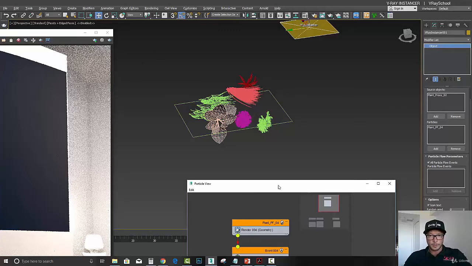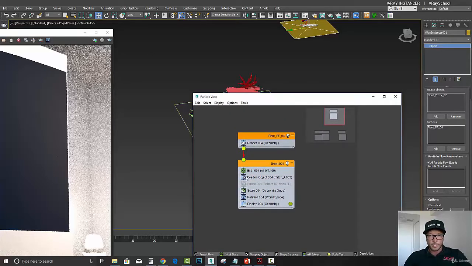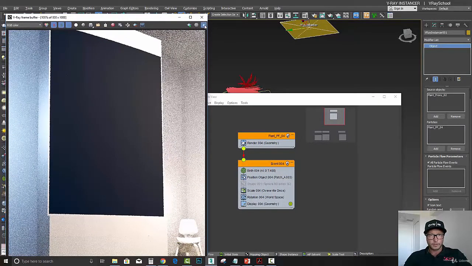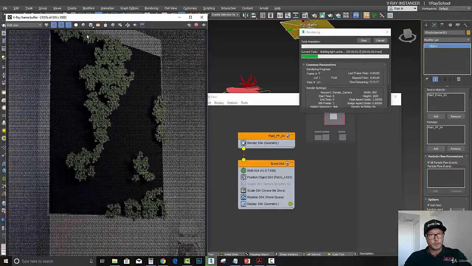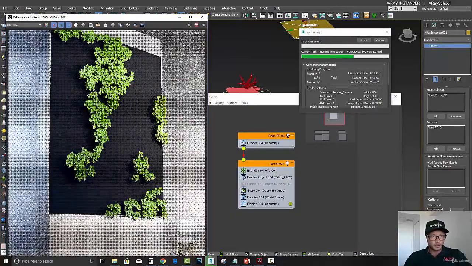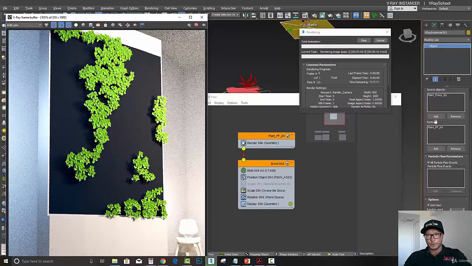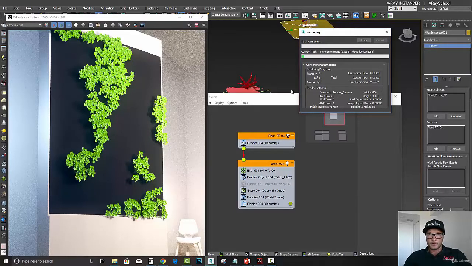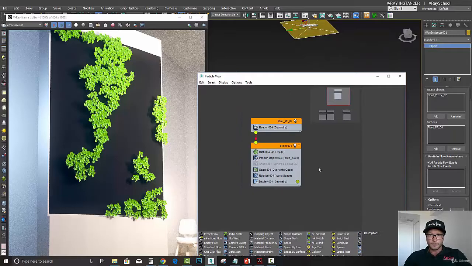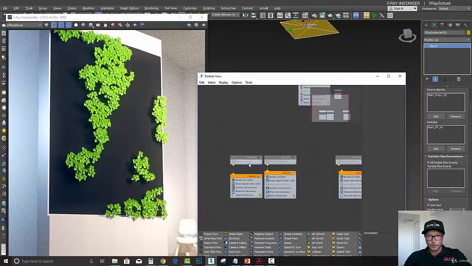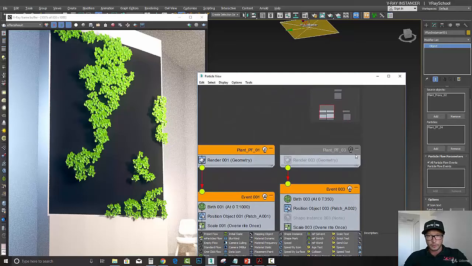Alright, now if we look right here, this goes into this patch, and now let's click render. You can see that this object is being populated here with the use of Instancer and our other particle system. So now what we're going to do is we're going to activate those guys here,